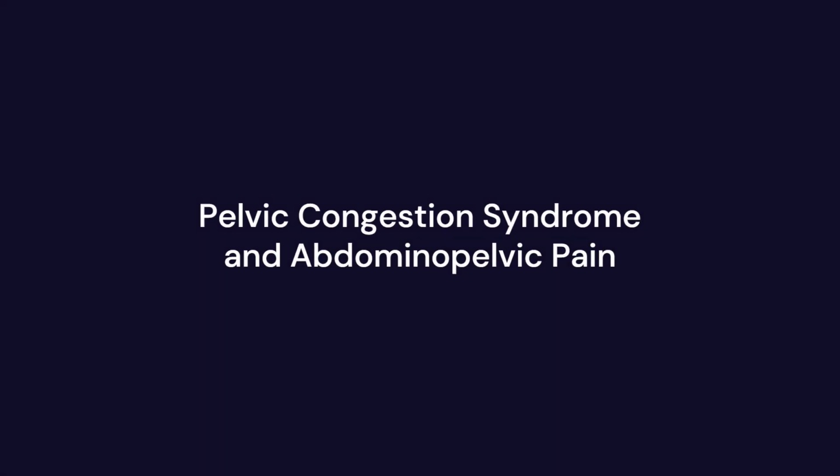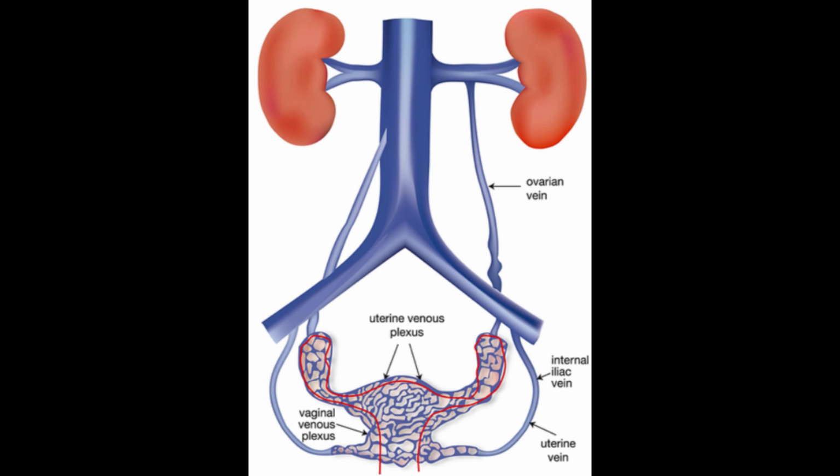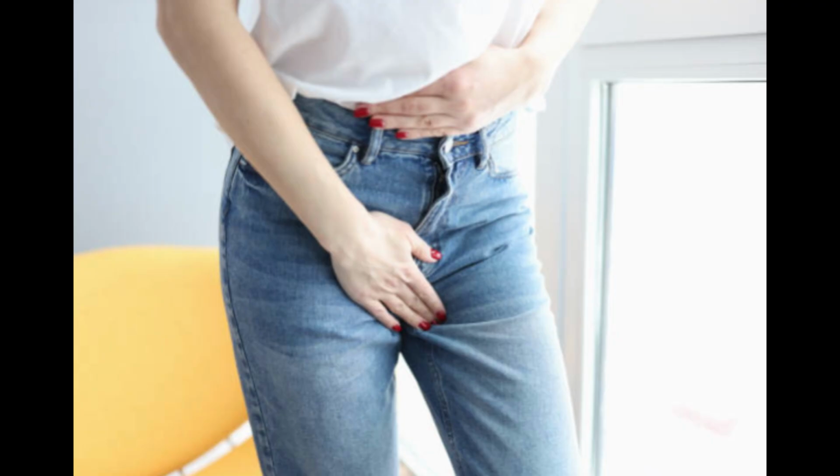Pelvic congestion syndrome is a relatively common yet underdiagnosed cause of pelvic and abdominal pain. This is a vascular condition characterized by dilation of the left gonadal, or in females specifically, left ovarian vein. This often results in blood pooling in pelvic veins, which may include gluteal veins, veins around the uterus, and those surrounding other pelvic organs. This results in sensations of pain, pressure, and fullness around the pelvis and the abdomen, typically